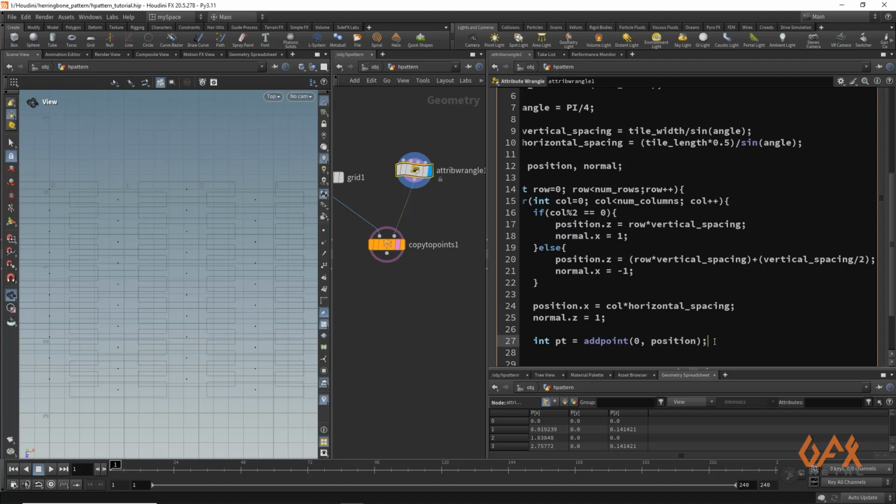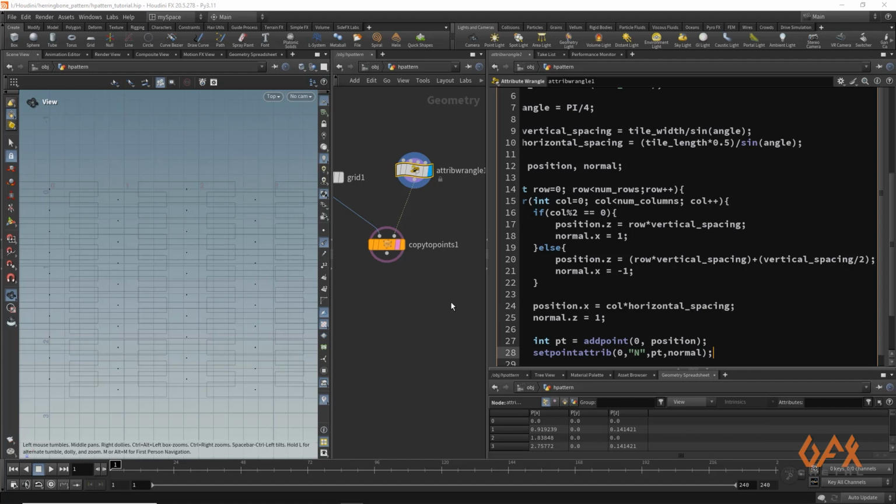So to do that, see, right now if I click on display normal, we are not getting anything visually. But if I apply setpointattrib in brackets 0, your attribute name, that should be normal, so it is defined by capital N, your pt that is your point number, comma, the value that you want to assign to this particular attribute, that is normal.